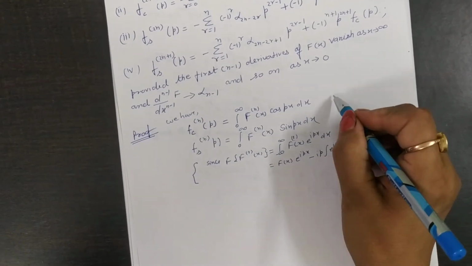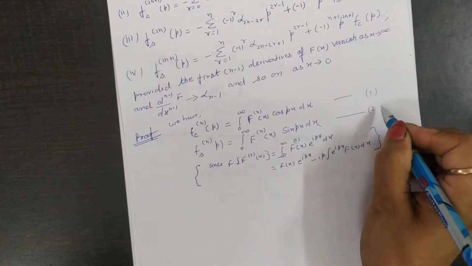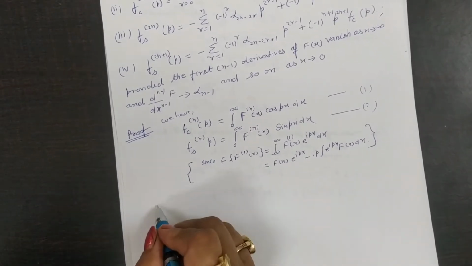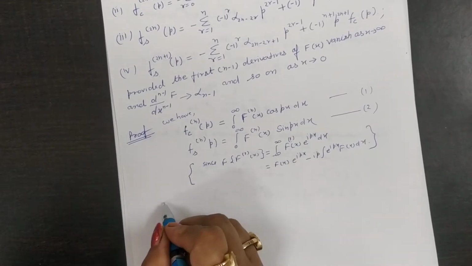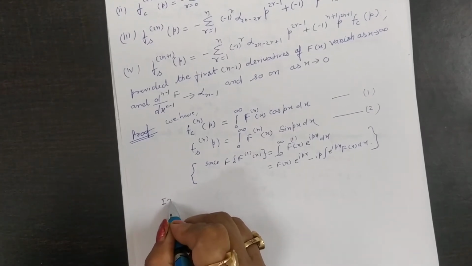Let us suppose that this equation is number 1 and this equation is number 2. So integrating equation number 1 using this,